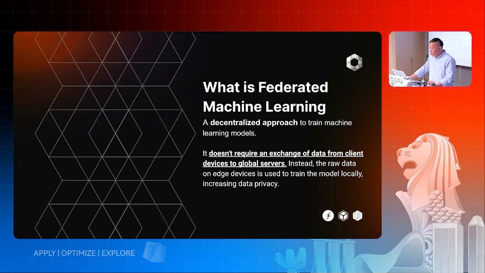Federated machine learning allows you to train your model on edge devices. And these edge devices are not only exclusive to mobile devices or laptops. This can be different SPs as well, or different storage providers. So the pro of this is that you can train your model locally. So there will be no data exchange across different storage providers or different regions. With region-specific laws that are appearing in Southeast Asia, you probably can't move data from perhaps Indonesia or even Singapore out of the country itself. So this federated machine learning can solve some of these problems that we're experiencing right now.